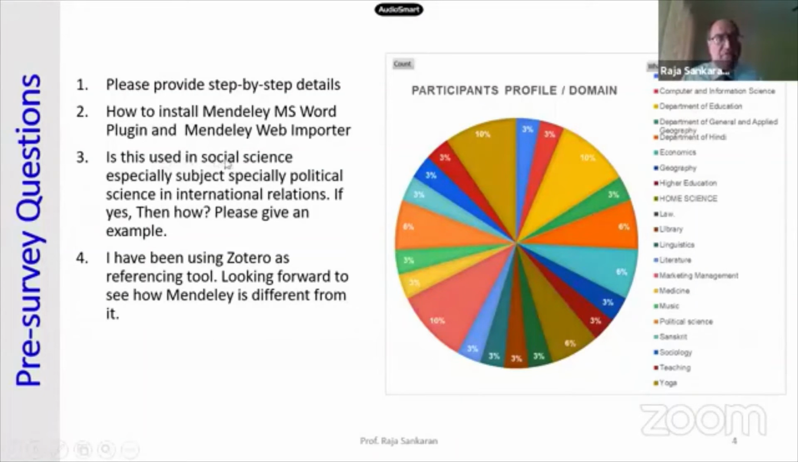Then, moving on further, the next question was: is it used in social sciences, especially subjects like political science and international relations? If yes, then how? To give an example. Now, let me tell you this. Mendeley can be used in various domains. If I look at today's participants' profile, I can see that you are from various domains,